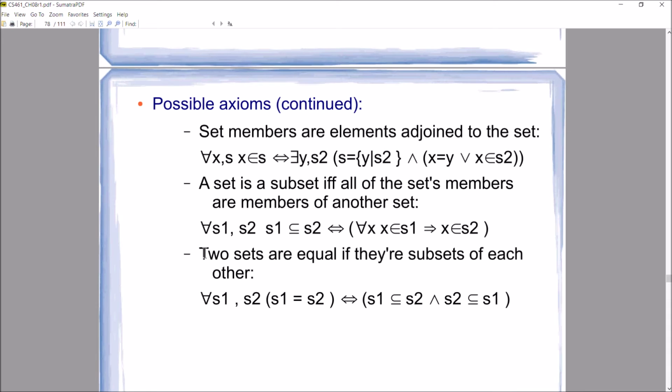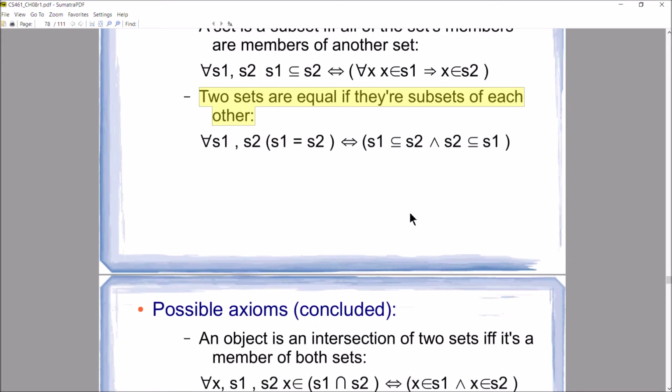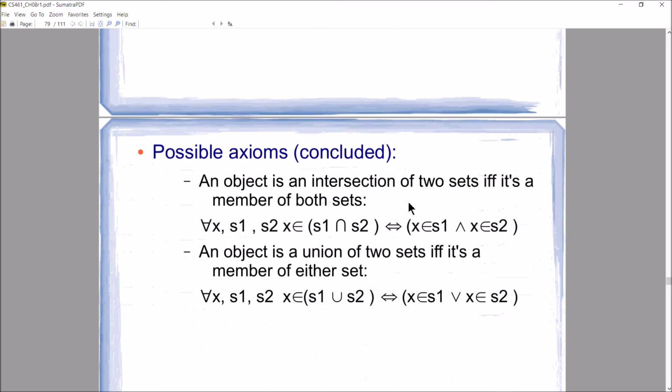Some additional examples here. Two sets are equal if they're subsets of each other. So you can say, for all S1 and S2, S1 and S2 are equal if and only if S1 is a subset of S2 and S2 is a subset of S1. I'm just highlighting some of these examples to show you how you combine these sentences to get a definition of what it is that you're trying to describe, okay? Intersection